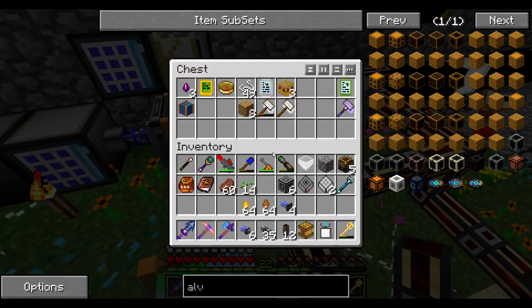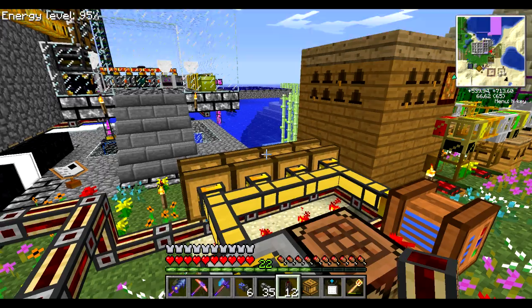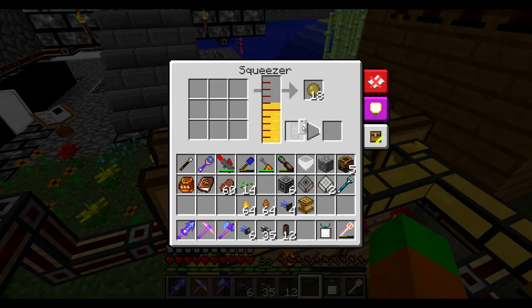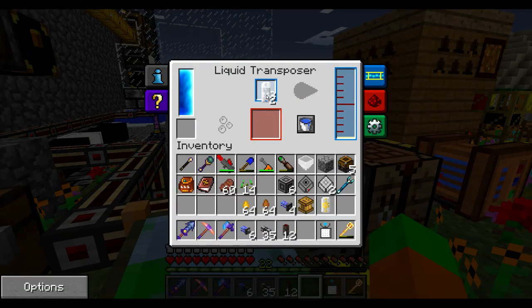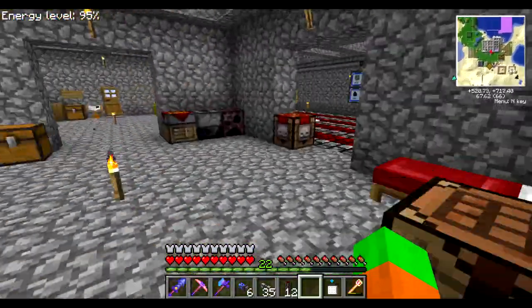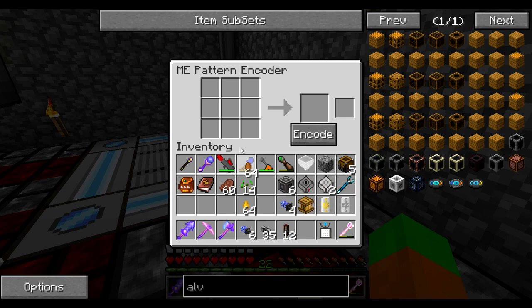Do I have some laying around? Probably not. Can I do something like this? Let's just steal some from here. There we go. So a honey can, and let's also take one empty can and teach my system how to create honey cans. So either take 10